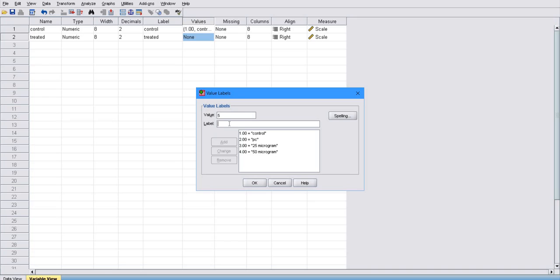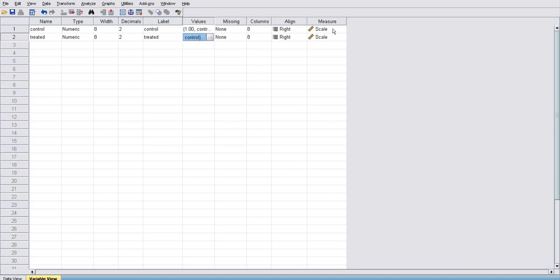Fifth one is 100, sixth one is 150, seventh one is 200. So the label is given.